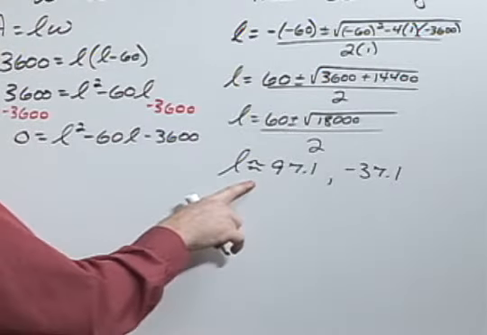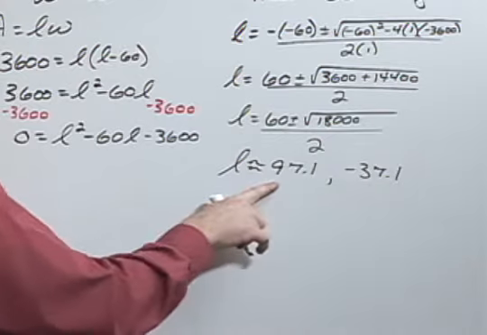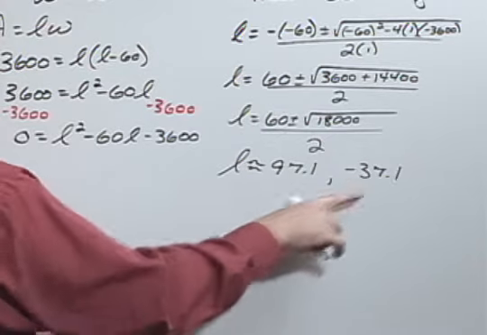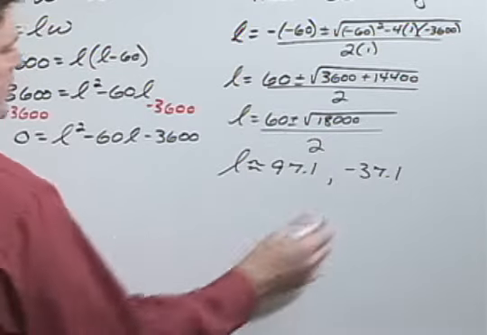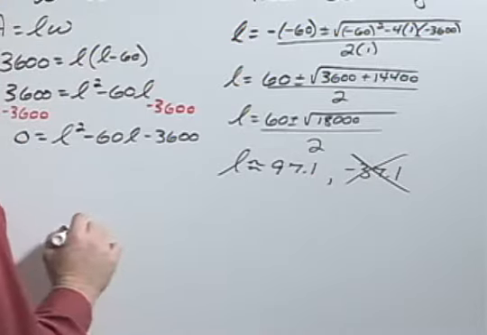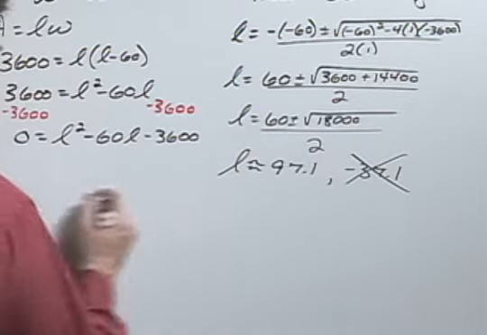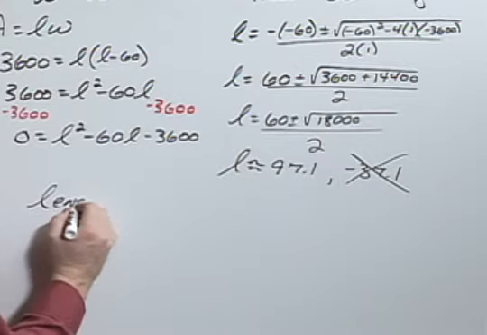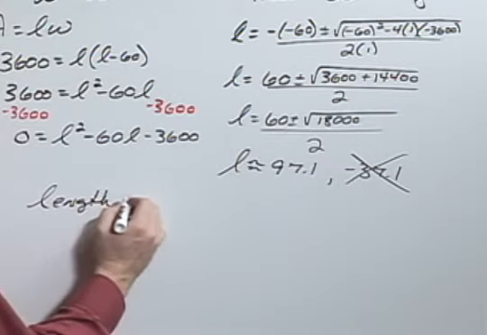Now, since we're talking about the physical dimensions of a field, it wouldn't make sense to have negative 37.1 yards, so we can exclude that answer. So our length will be approximately